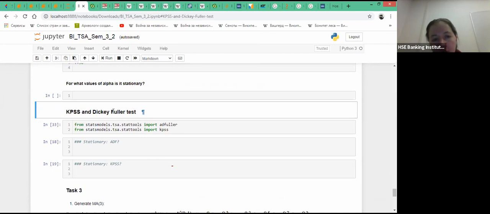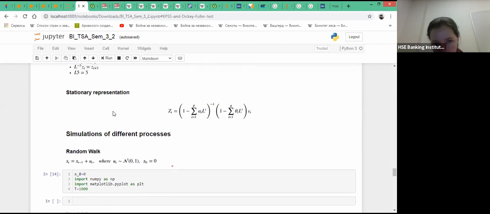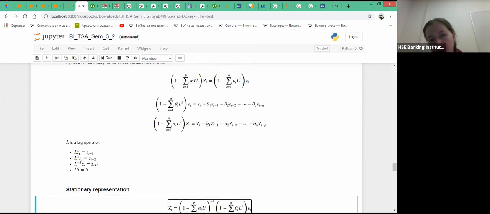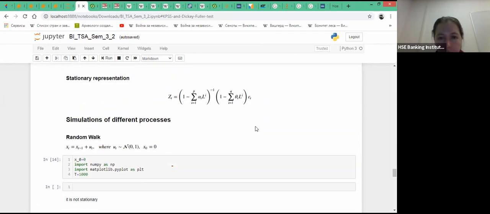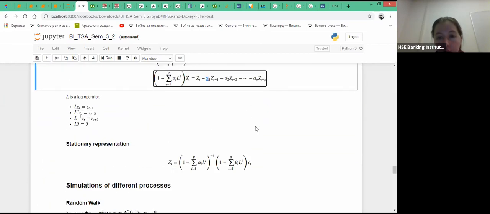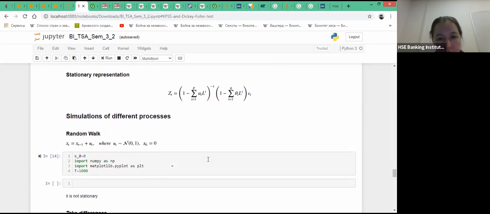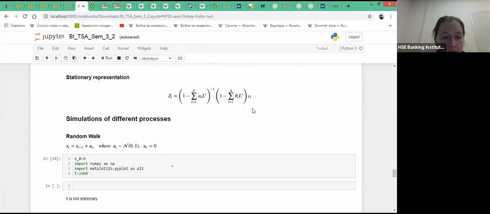It checks the sum of alphas, the sum of alpha 1, alpha 2, and so on, alpha p. It compares it with one